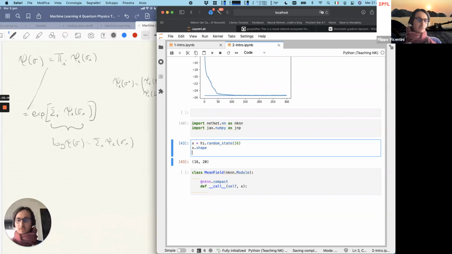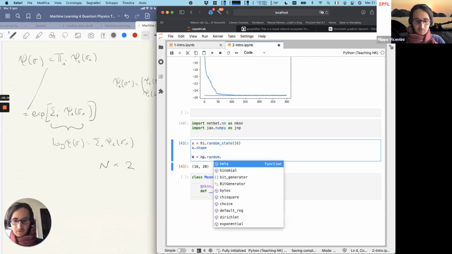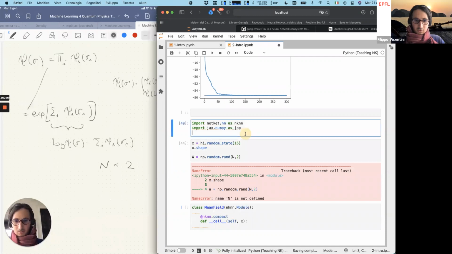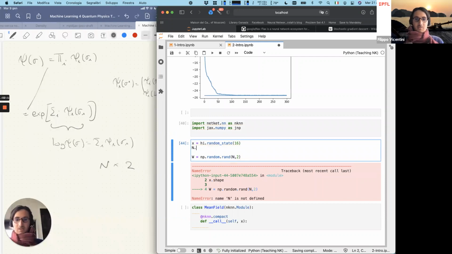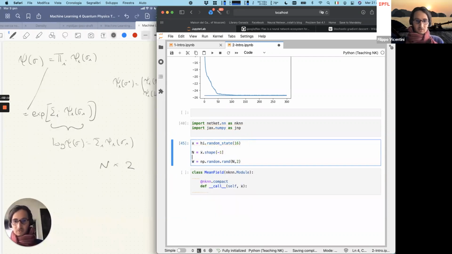This is not so trivial to do actually. So the set of parameters is what? For every site n, I have 2 numbers, right? Let's say that W is, for example, a random matrix of n times 2. Here n will be the last dimension of x, right? Because I told you before that